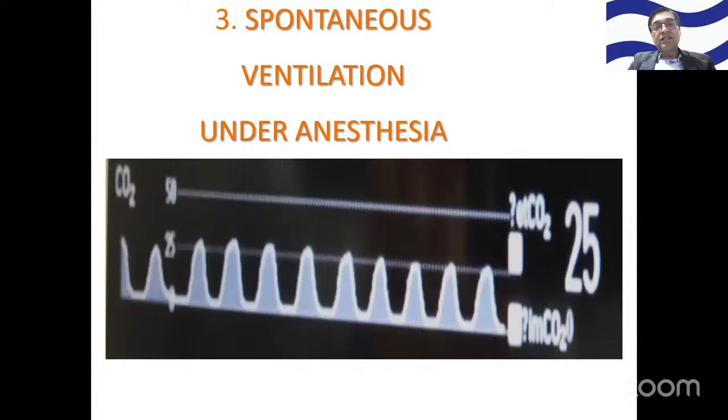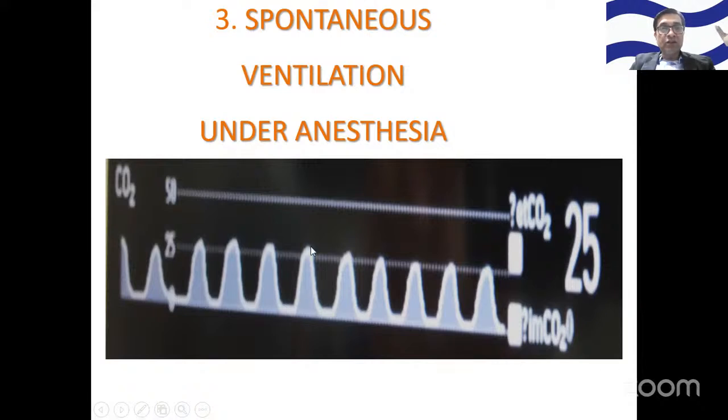Now, there are certain times we keep patients under anesthesia or sedation, but the patient is ventilating spontaneously, right? We may not intubate those patients. We don't put supraglottic devices. We just keep them on spontaneous ventilation. And on spontaneous ventilation under deeper or mid plane of anesthesia, the respiration becomes smooth, and then they will have an inverted U wave kind of